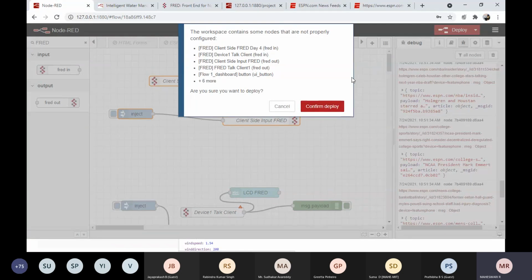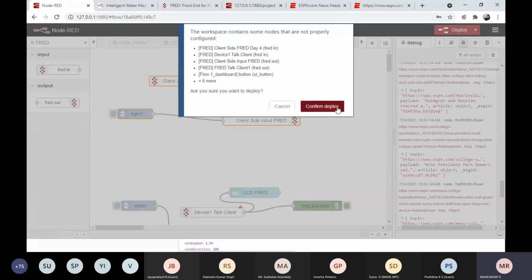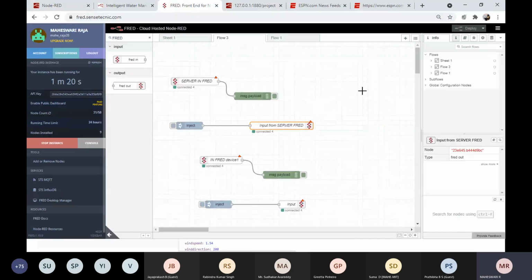So now you could see the connection was not established. Once you click deploy, confirm deploy, you could see it is connected, because I already established the connection with the server as well. So the server also says connected. Okay. So now